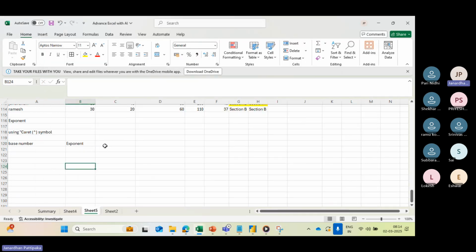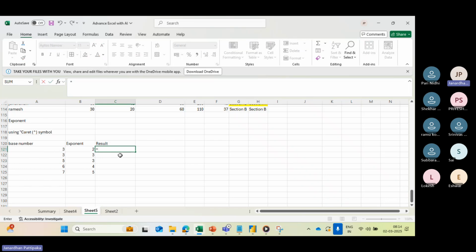So exponent, and I will find the result. I will give the numbers 3, 3, 5, 6, 7. The exponent I will give 2, 3, 3, 4, 5. So this is the base number, and in order to calculate this exponent number, if I want it, I enter equals, and you can take